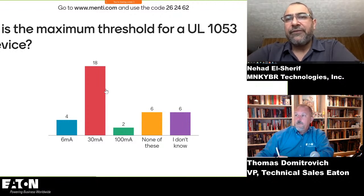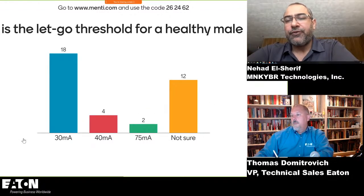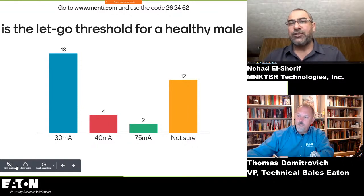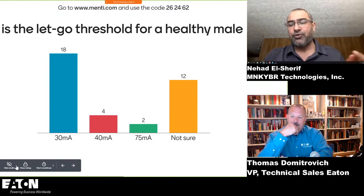Yeah, 1053 doesn't have a trip limit. Usually they define it in terms of a percentage of the pickup current. So if your pickup value is so and so, then at 85% of that value, you're not supposed to trip. At 100%, you trip. And at 150%, I think you trip in 1 second. I can't remember the exact details, but they define the trip time based on the percentage of your current pickup value. And like Tom said, the pickup value is determined by the manufacturer or usually by the user who sets